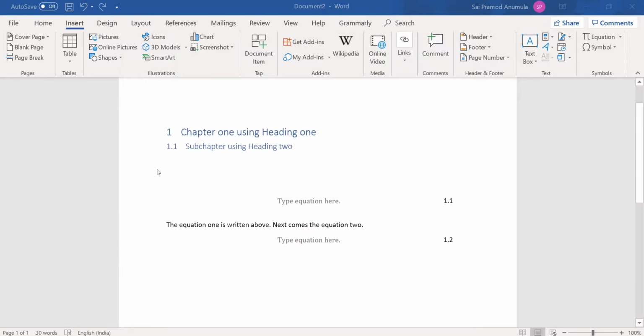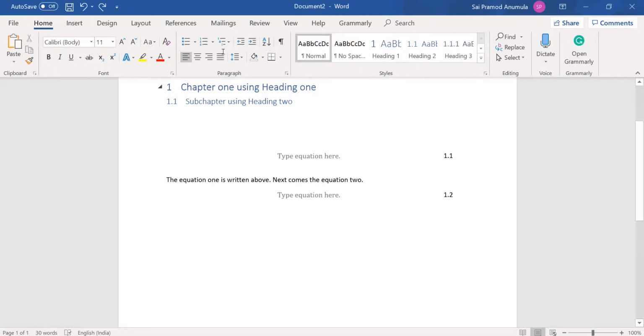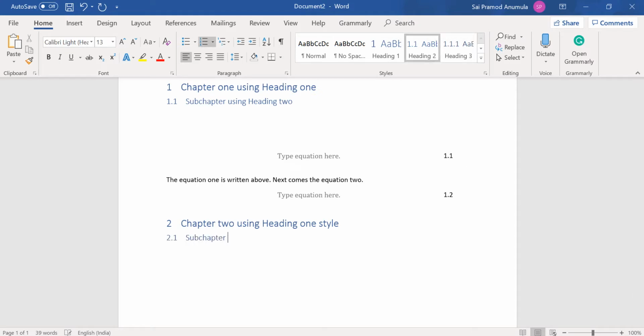And suppose you have another chapter, so I'll go to heading 1 and write chapter 2 using heading 1 style, and there might be a subchapter as well, so I'll use heading 2 for subchapter 2 using heading 2 style.